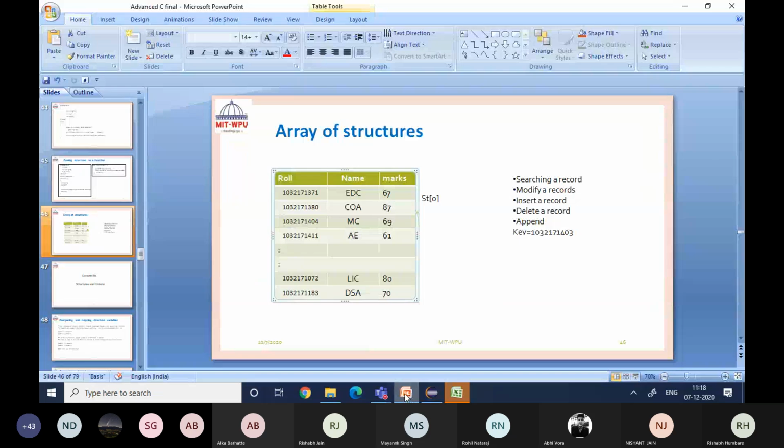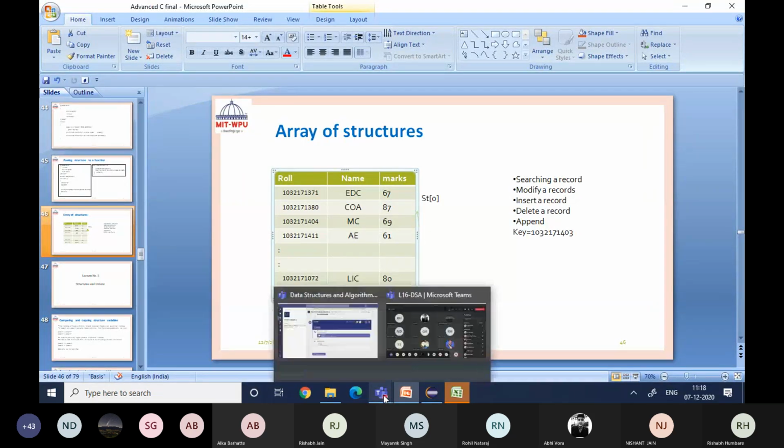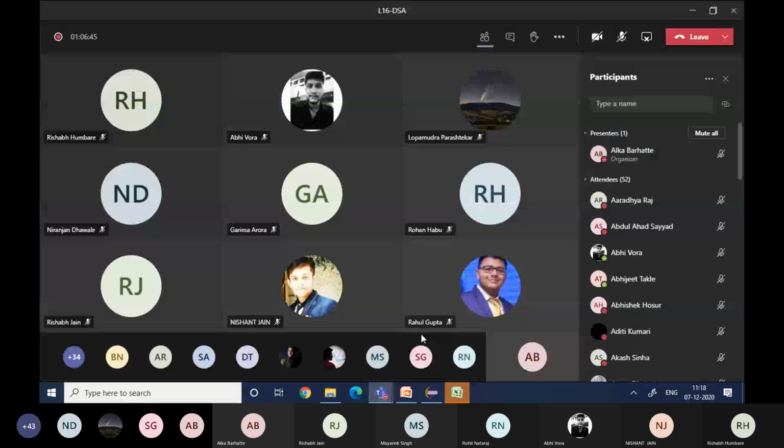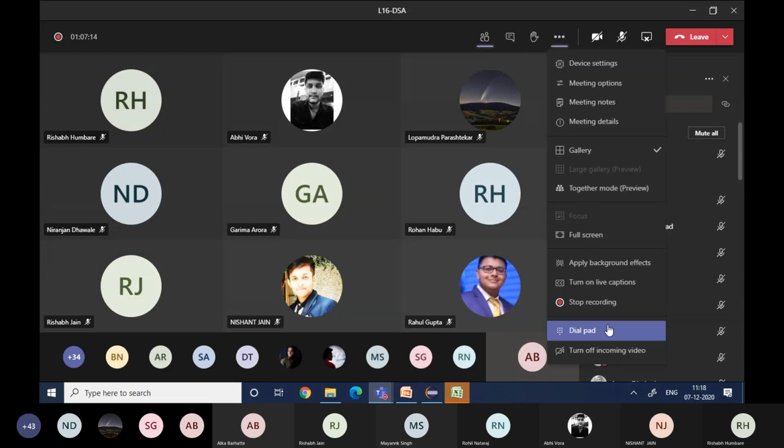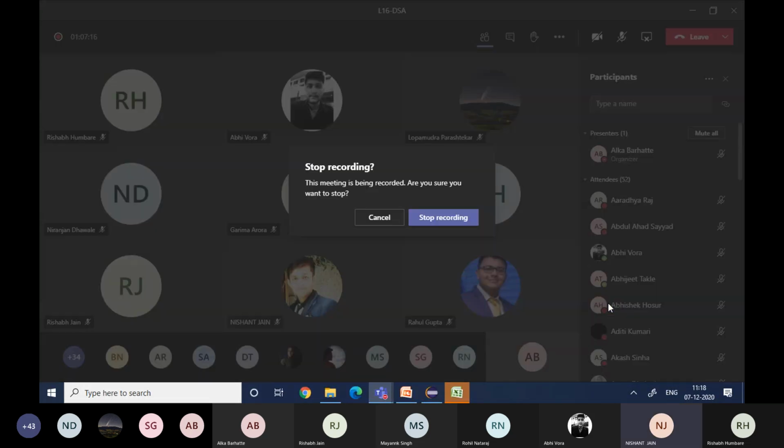And I have simultaneously shown how it can be executed in Eclipse. So if anybody is having any doubt in this, you can just ask. Otherwise, you can just go through the program, this video, the PPTs, or whatever books you have. And if you have any doubt, we can discuss those in the practical session. Okay, so I'll stop recording and we will